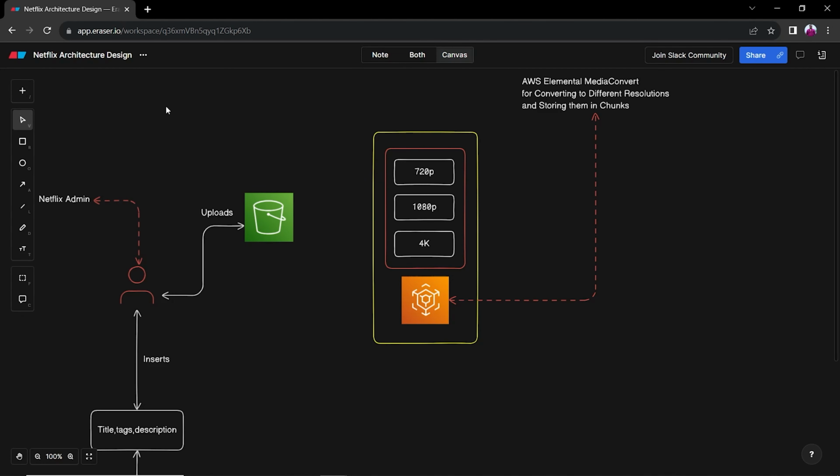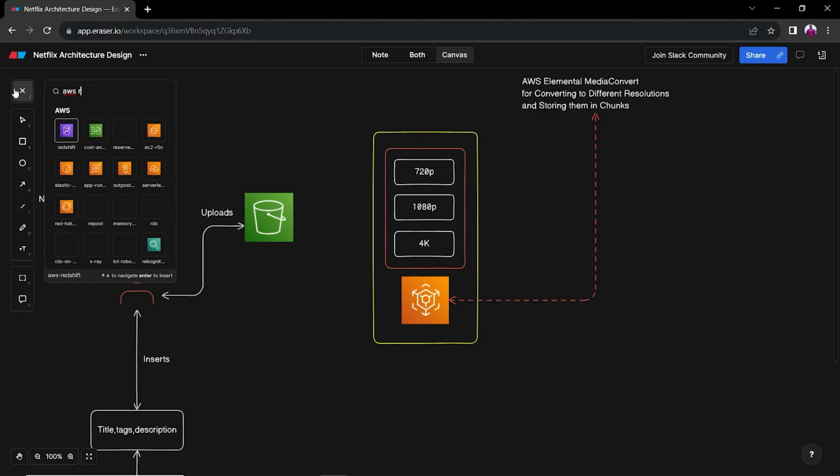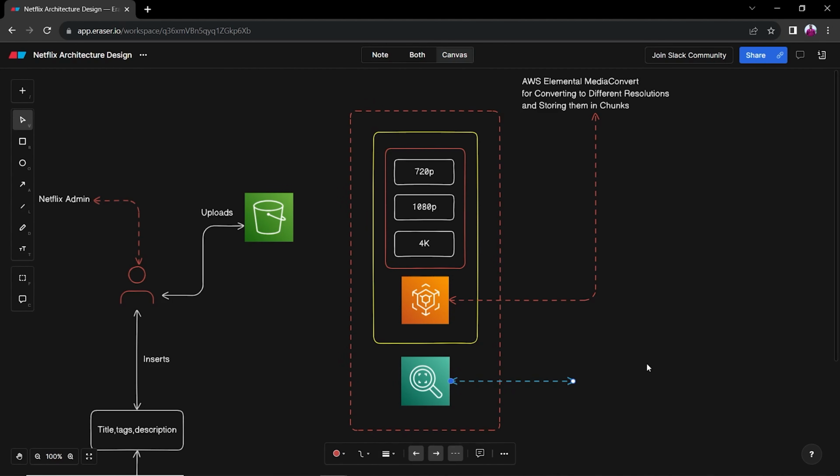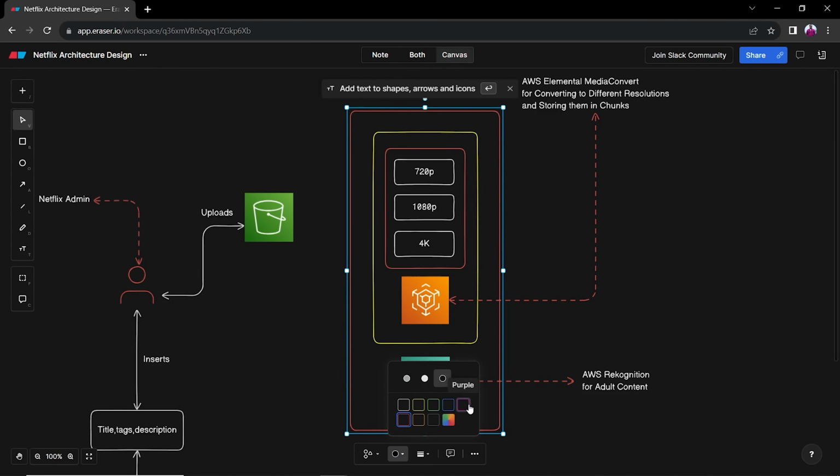And for that, what we are going to do is use AWS Rekognition. Going to select this, have it right here, increase the size. So what Amazon Rekognition is, it's an AI/ML model that runs over your images and video and helps you recognize if there is any adult content in the images or the video that is being uploaded. You can also use your custom models here if you know AI/ML. In this scenario, we are going to use Amazon Rekognition, and we are going to have another layer, AWS Rekognition for adult content. So this will help us recognize if this is adult content,